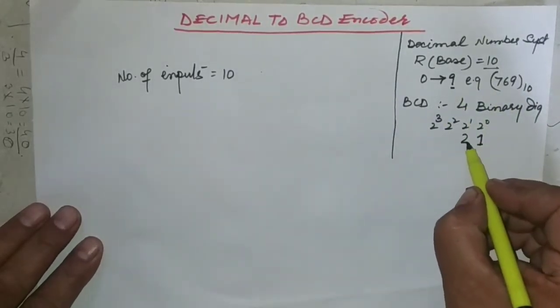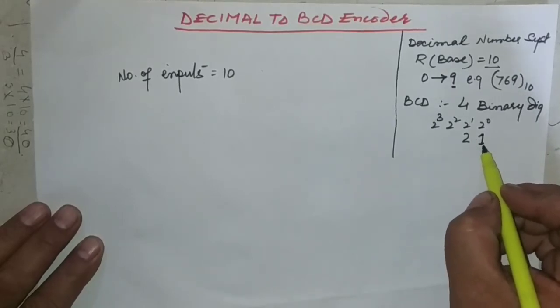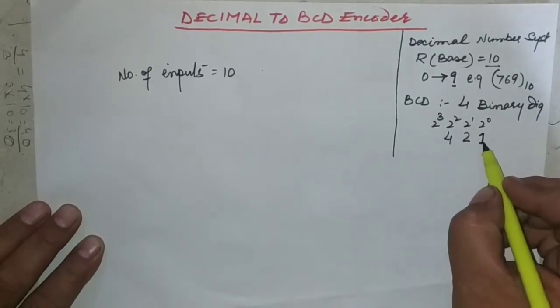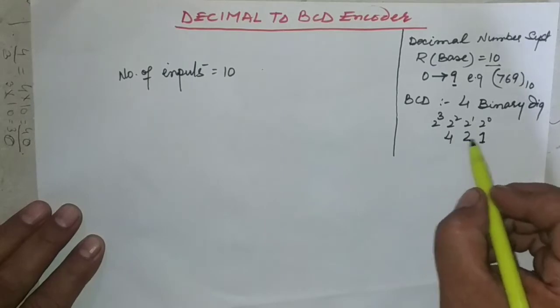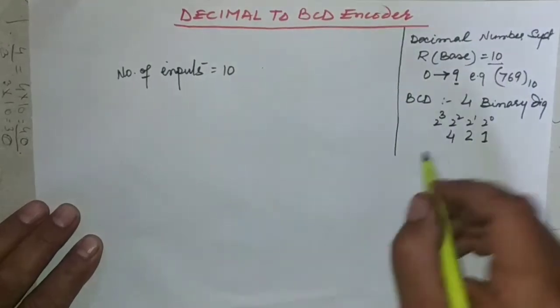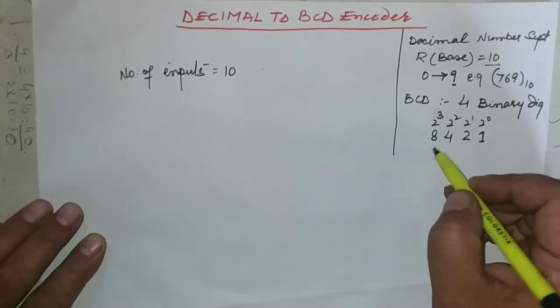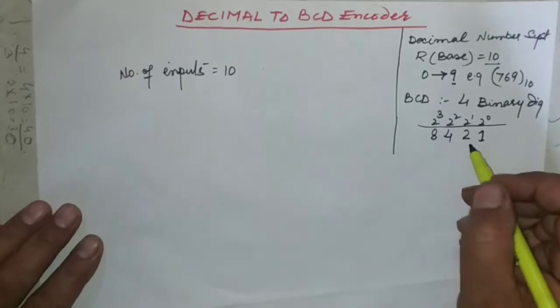If I write 2, then also 2 plus 1, 3, the maximum value that we can have is 3. Now 4, then 4 plus 2 plus 1, 7, then also the maximum value that can be represented using 3 bits is 7, like the octal numbers. Now this is 8. So by using 4 binary bits, we can